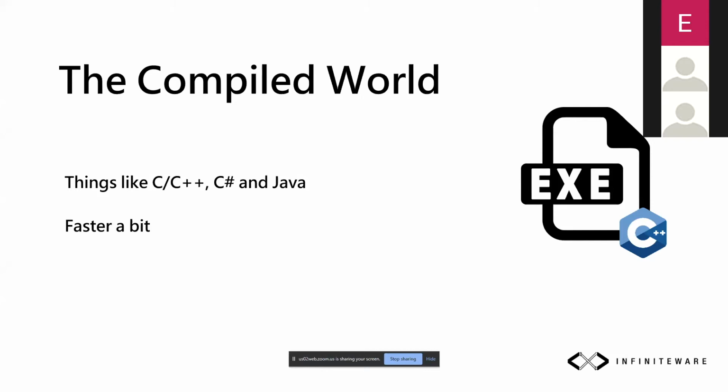This is what we call 0-1. The 0-1 language, if you've ever heard about that term before. But basically, you're translating your application and you make it into the native language of the CPU so it can run smoothly, right? So it's faster, it's cool, but it has its own quirks. And one big trouble with that is that you always have to compile when you want to run an application, which is not always convenient if you want to have a sort of flexibility when it comes to running applications